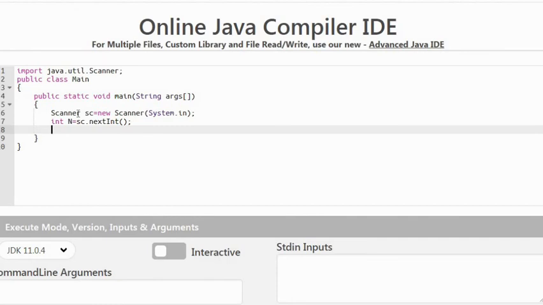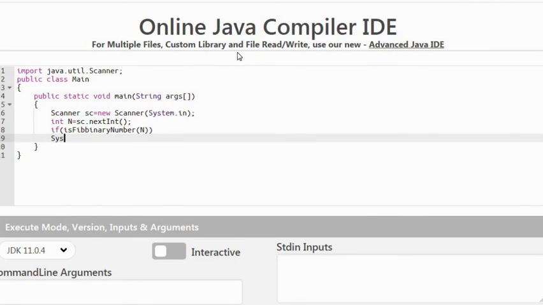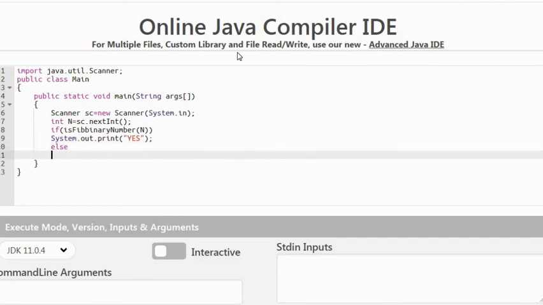We have to find whether it is a Fibonacci number or not. If it is a Fibonacci number for this n value, then we print it is a Fibonacci number, else we print it is not a Fibonacci number.